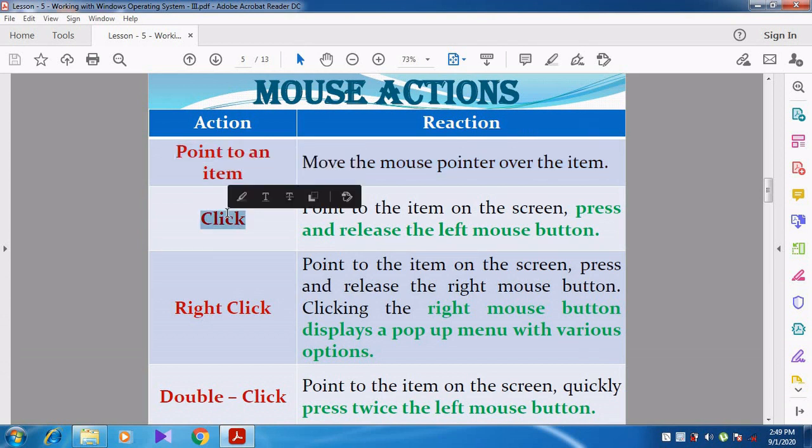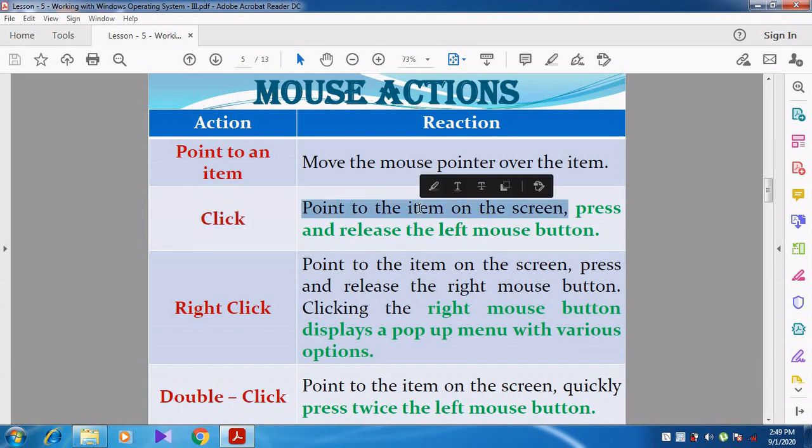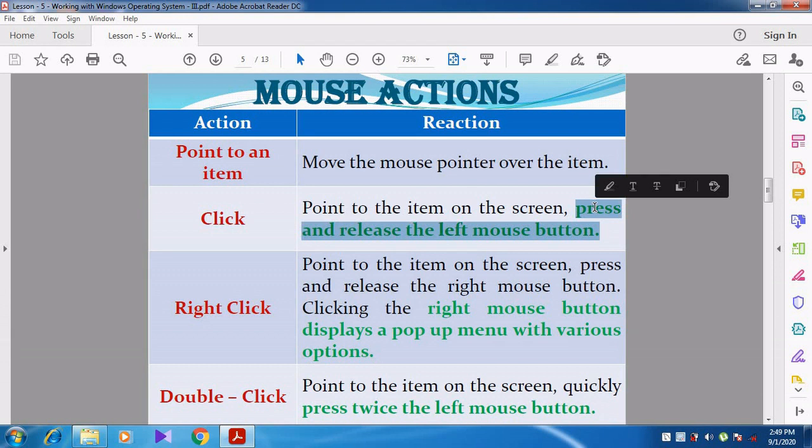Then click. What is the use of click? The action is click. Point to the item on the screen, and then press and release the left mouse button. Using the left mouse button, you press once and then release.